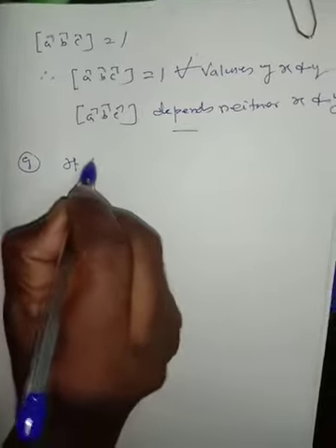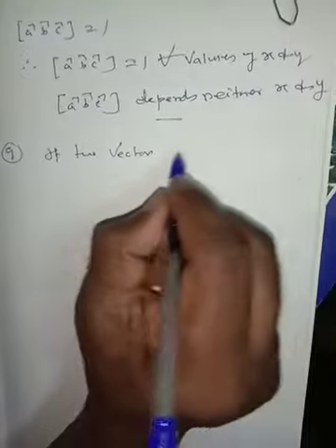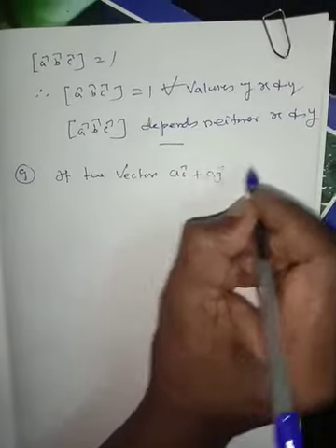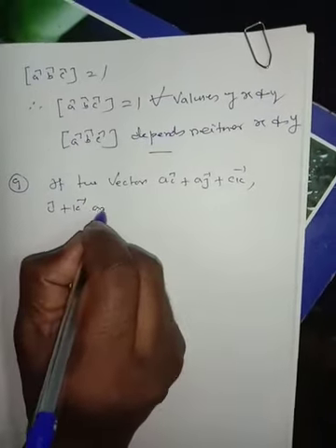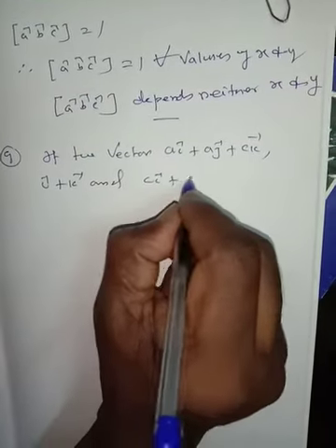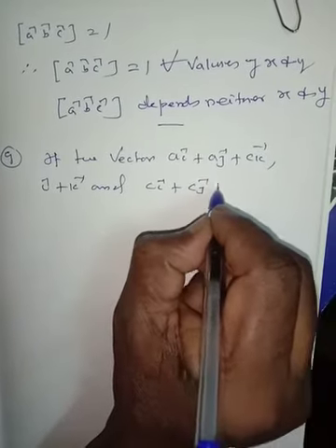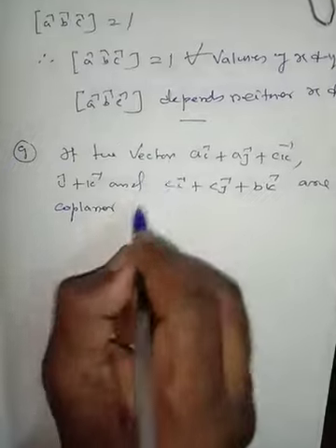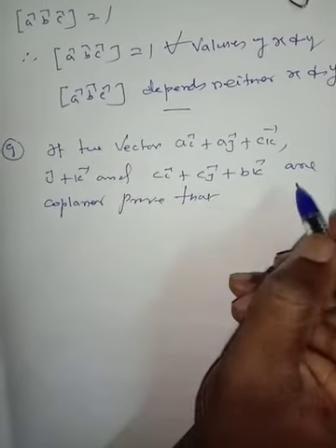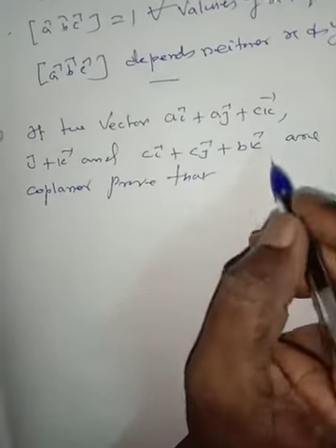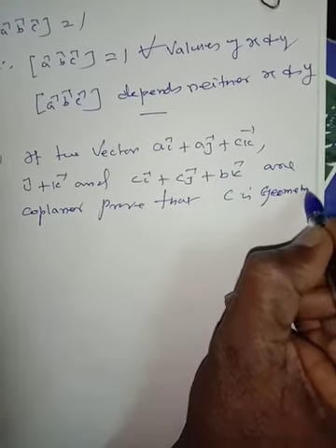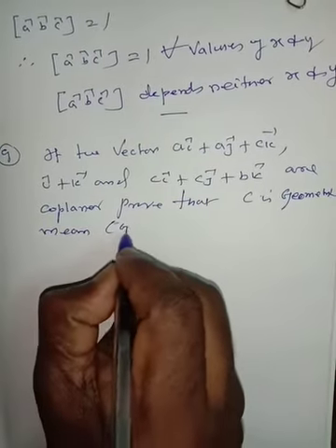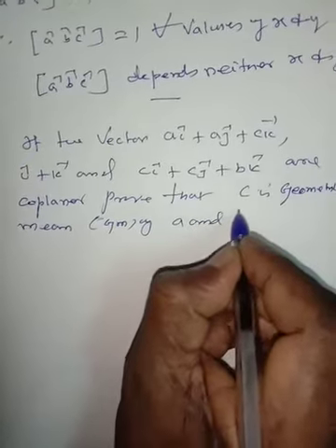If the vectors a i vector plus a j vector plus c k vector, i vector plus k vector, and c i vector plus c j vector plus b k vector are coplanar, prove that c is the geometric mean of a and b. Let